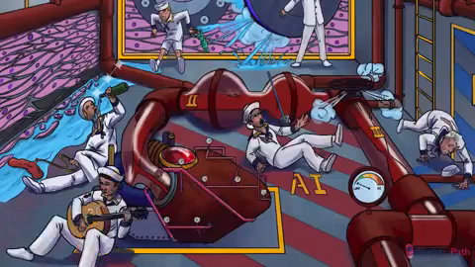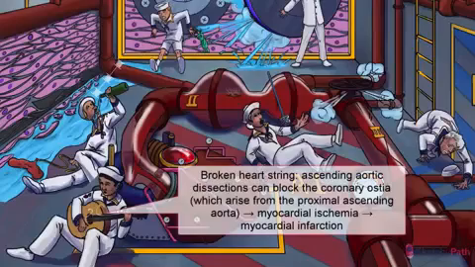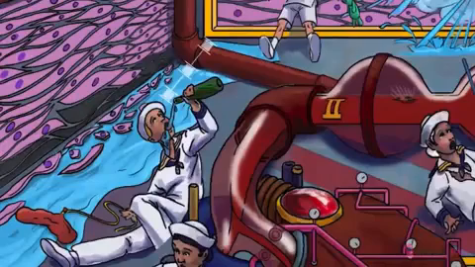Remember that the coronary vessels take off from the proximal aorta, so if the dissection spreads and compromises the coronary ostia, it can cause massive cardiac ischemia and MI. MI, of course, is represented by the broken heartstring, as usual. Though this is no time for revelry and skylarking and other tomfoolery. Back to your station. Moving further proximal, we reach the aortic valve, which is seated right at the root of